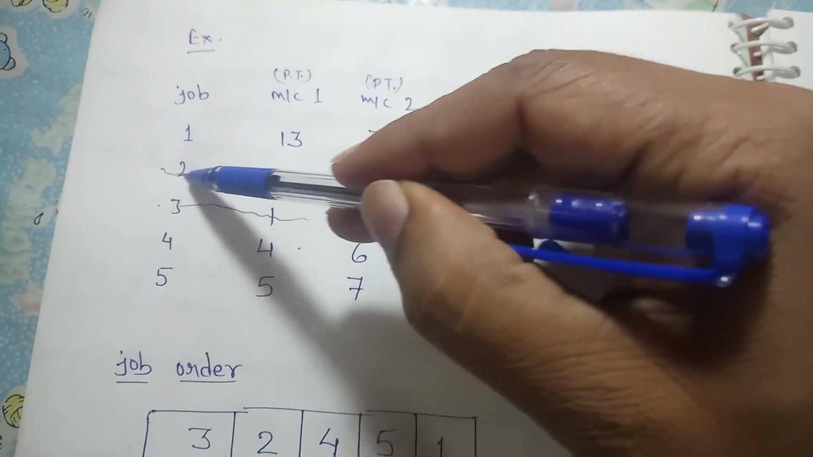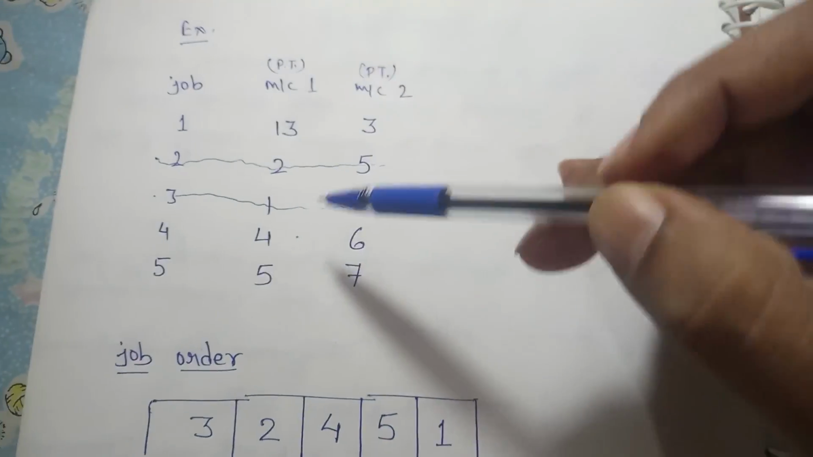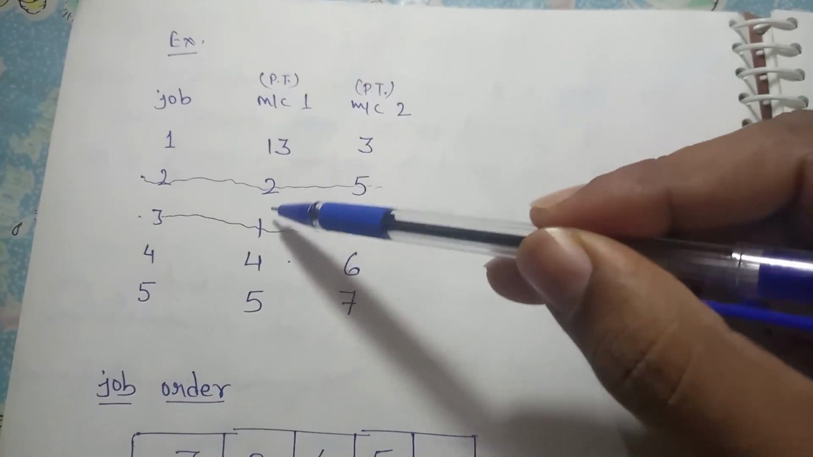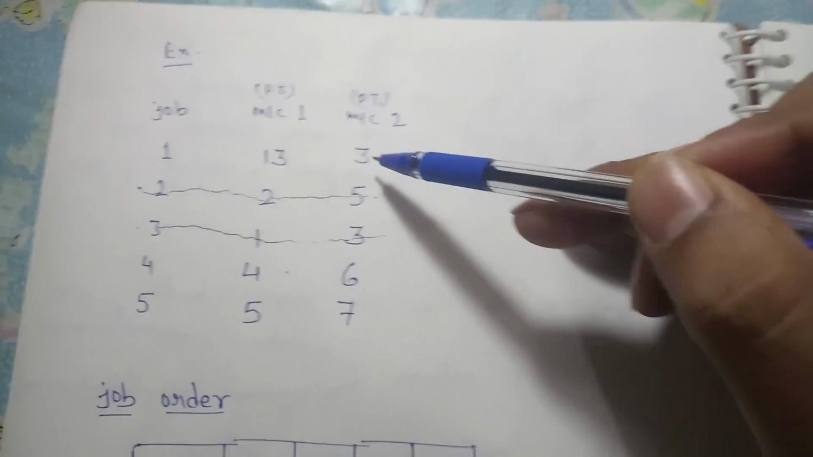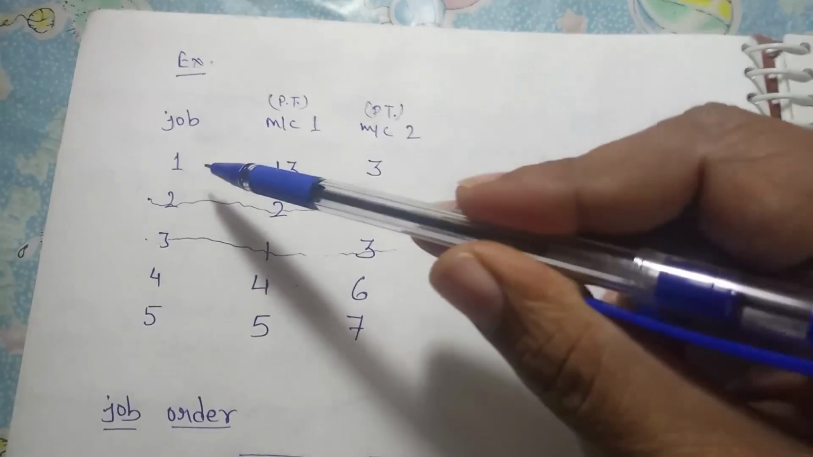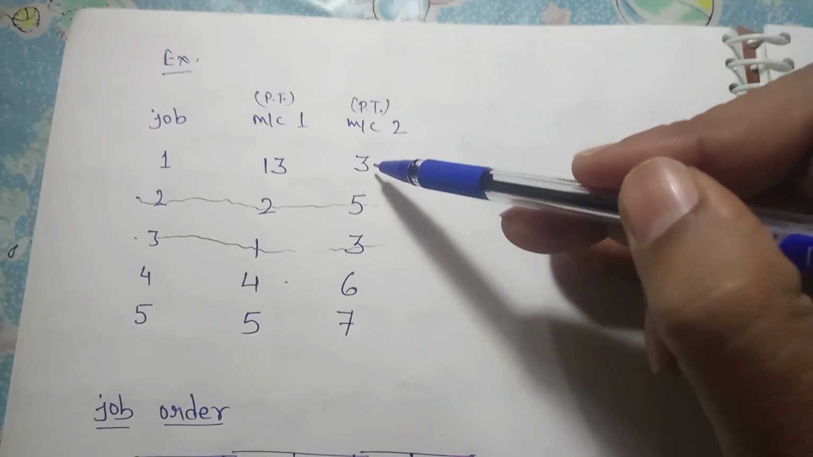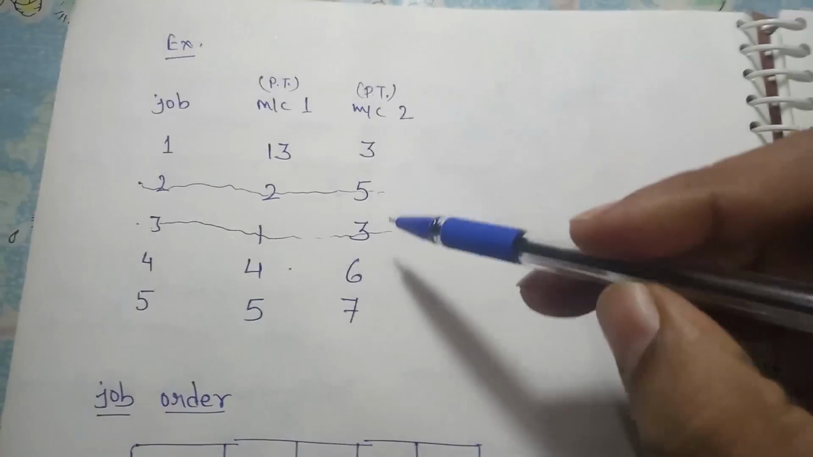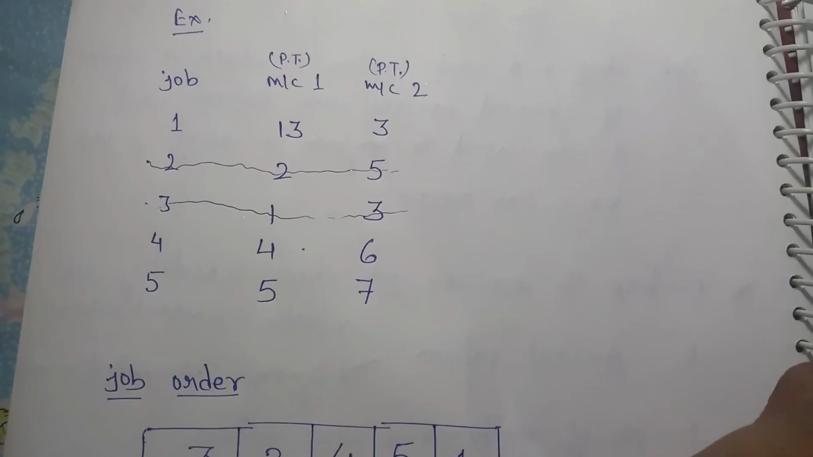Now we can erase it. Then we can get which is minimum from machine 1 or machine 2. We can simply identify the machine in job 1 we have 3 units which is minimum. So we can take it from the right side. Now you can see from the right side